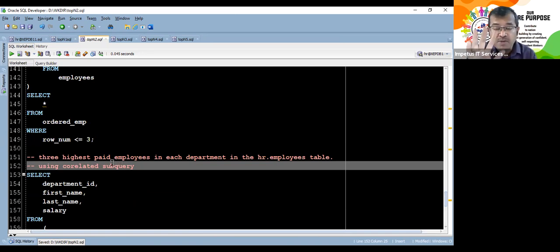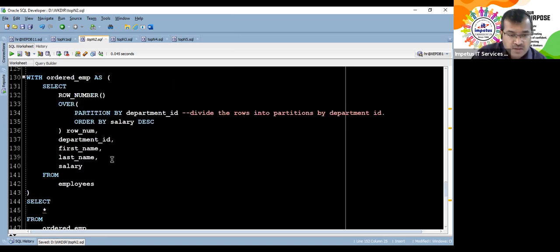Suppose there were 5 people in one department, all of them earning 10,000, 10,000, 10,000, 10,000. And you said top 2 earners. Is it right to give only 2 values, or is it right to give all the 5 rows because all of them are earning the same salary? This is where this actually fails. It doesn't address this particular requirement. But then it has solved some problem. If I say top 3 salaries, this is the best way to go ahead. Okay, I could have solved this.